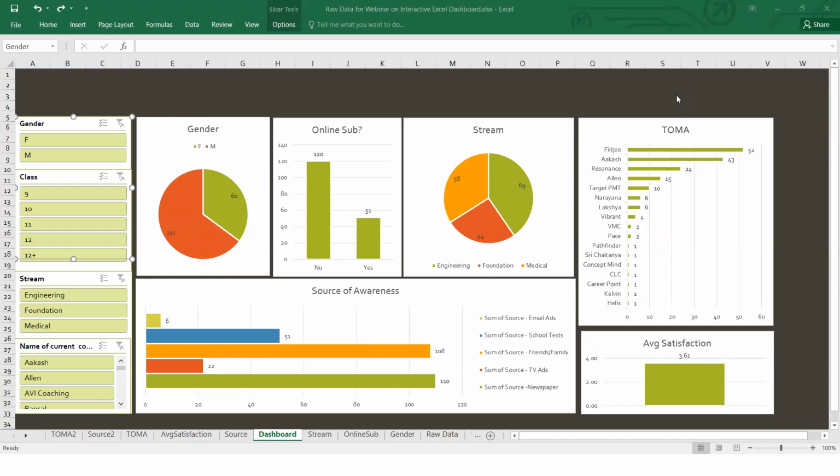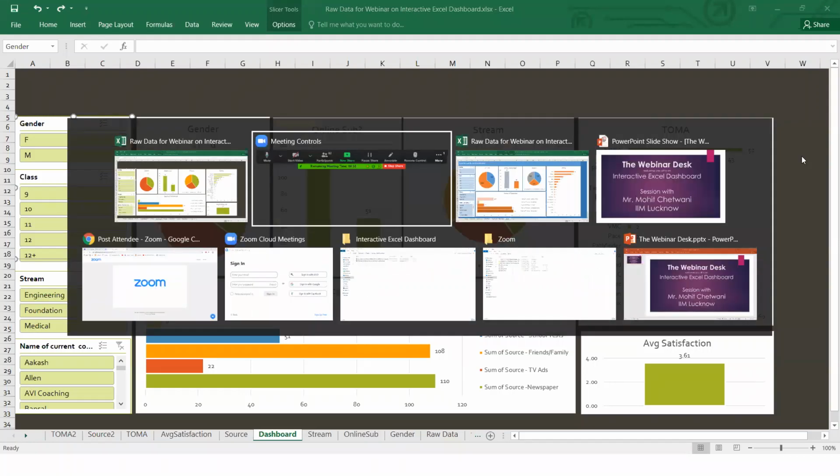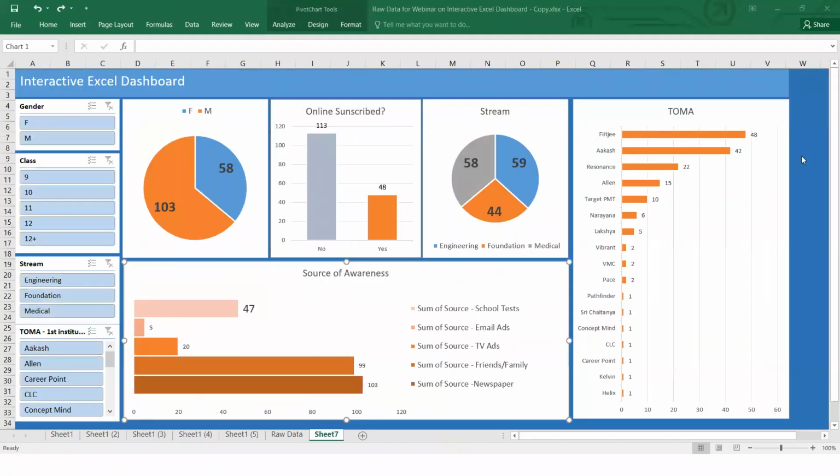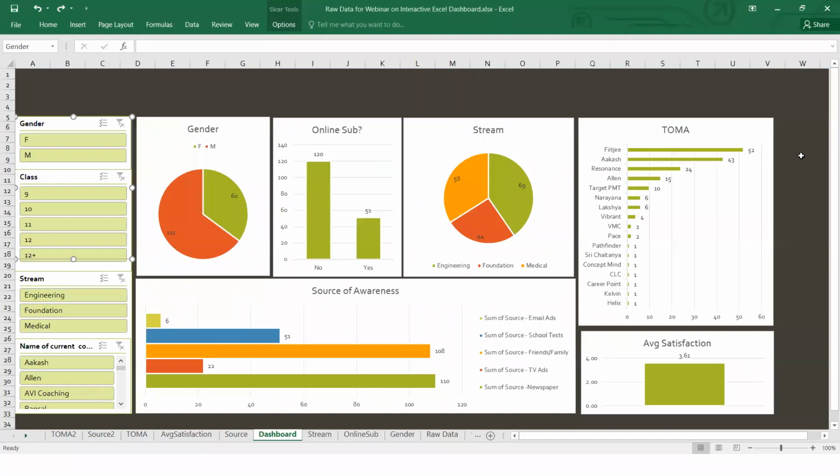One question is, can the dashboard be uploaded on PPT, and will that be dynamic? Like if I'm running a PPT, will I be able to change the parameters while presenting? When I was presenting my data findings, I just made a screenshot of this dashboard and pasted it on my PPT, and then I pressed the Control Tab button so that it reverts back to the dashboard. You cannot directly control this through PowerPoint. You need to control it from Excel, because slicers don't work in PowerPoint.